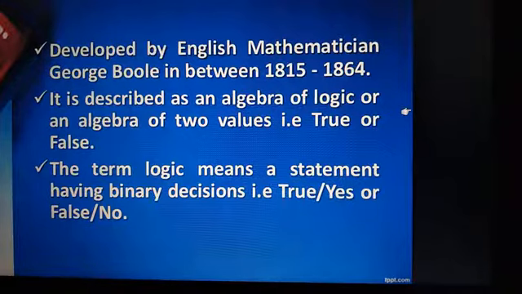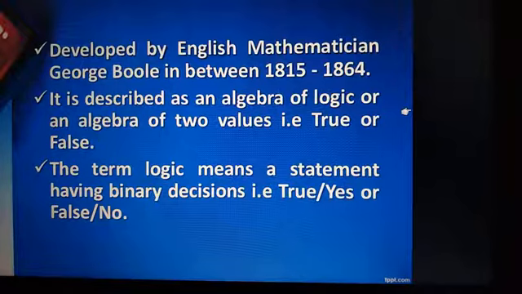You turn on your computer. When you turn on your computer and it starts by default, that means the true value. It shows as 1. If somehow any problem occurs during booting and it does not start properly, then it shows false, or no, or value 0, because the computer only understands the 0 and 1 language. That's why only these 2 symbols are used.